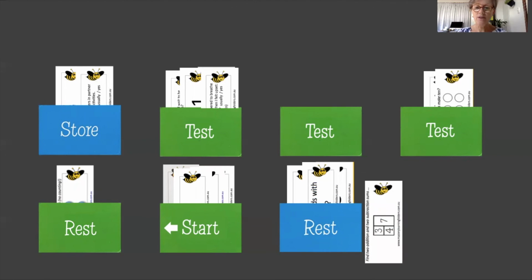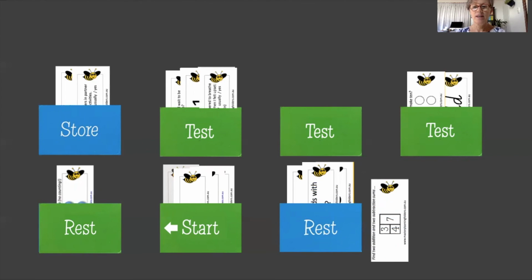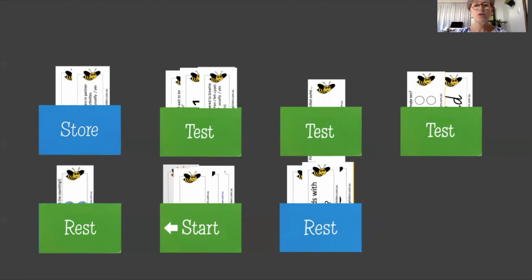And this flashcard required the student to find 2 addition and 2 subtraction sums. So I could scaffold this question and I could ask 7 take away what equals 4, and just go through with them and make sure they understand what is being asked. So that flashcard would return to the same pocket. Moving backwards to the next pocket,